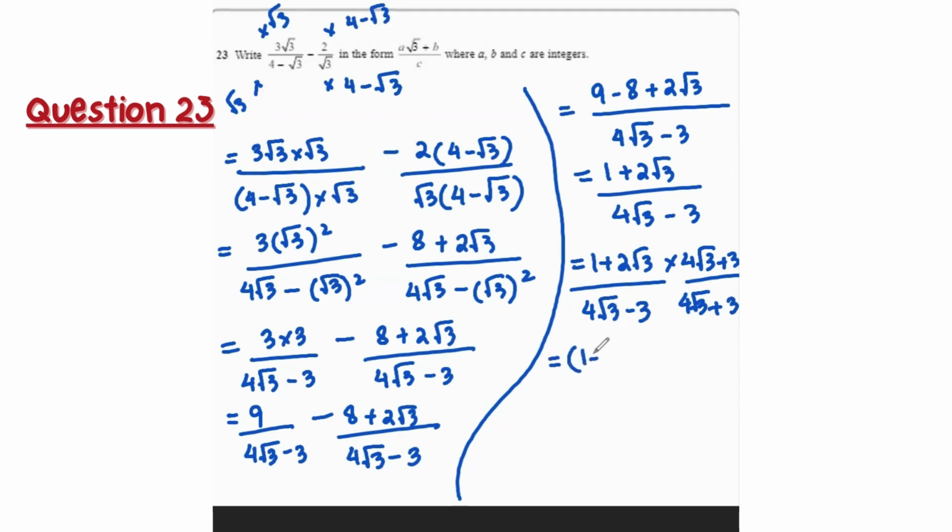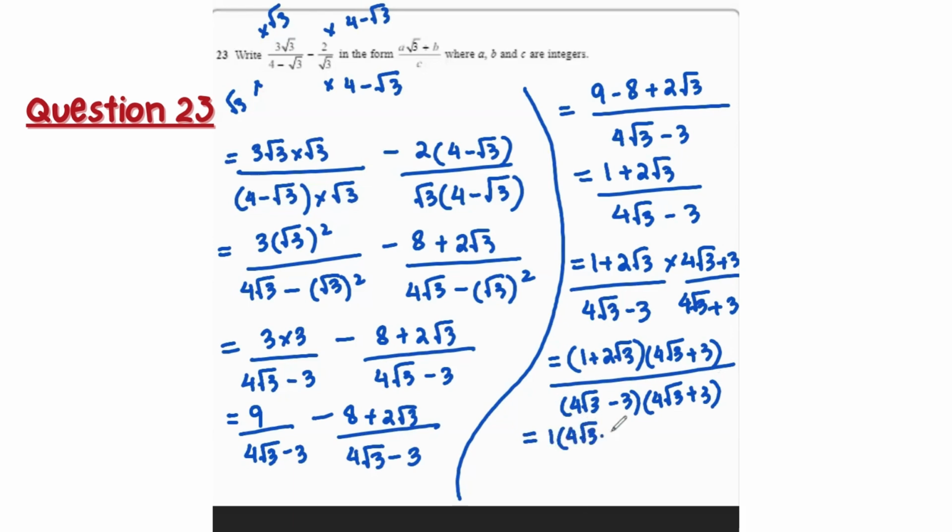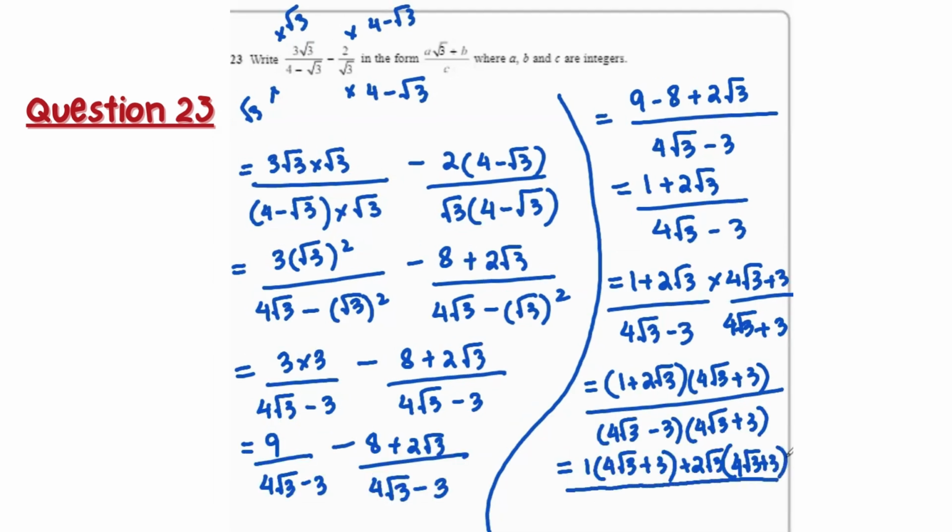So now we have 1 plus 2 root 3 times 4 root 3 plus 3 over 4 root 3 minus 3 times 4 root 3 plus 3. Next, what we're going to do is expand the bracket. So 1 times 4 root 3 plus 3 plus 2 root 3 times 4 root 3 plus 3 divided by,